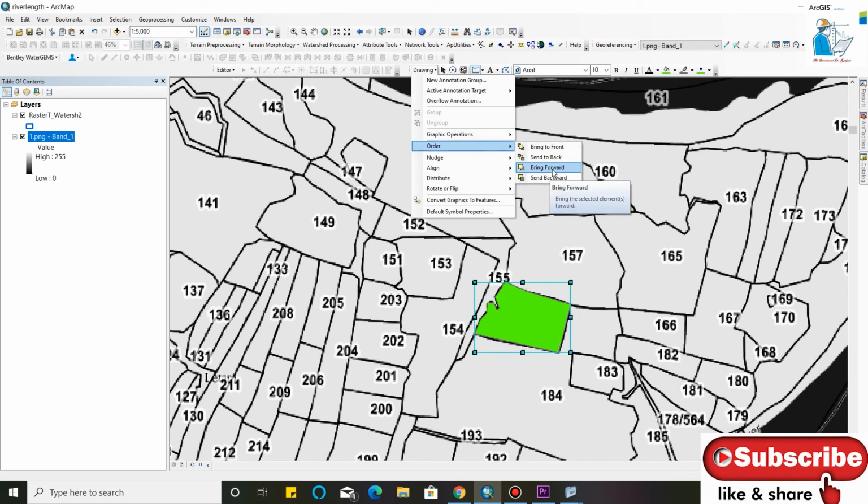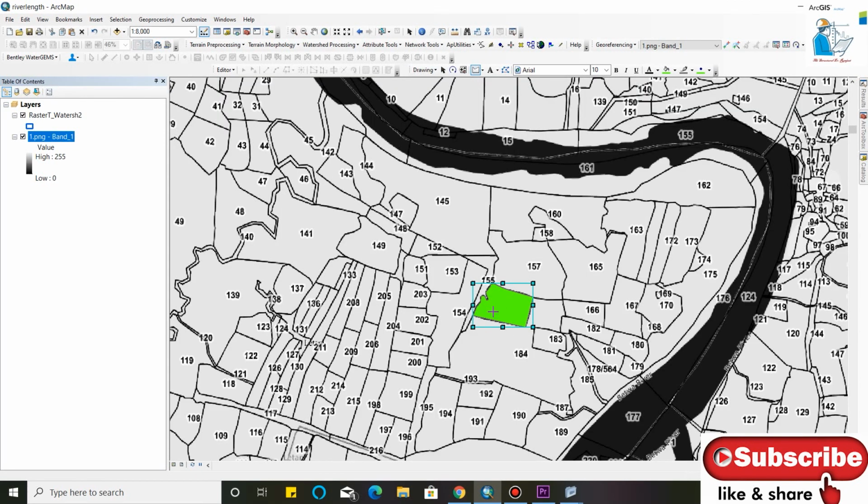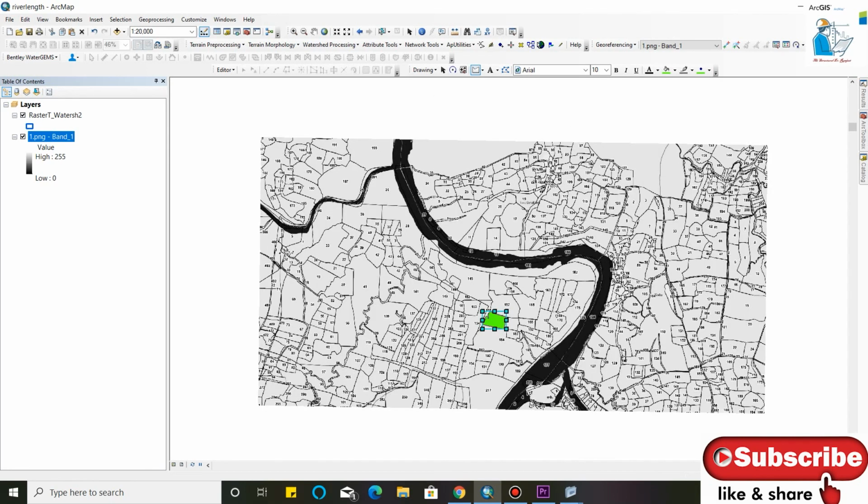If you have lots of drawings, then you can bring forward or bring backward. This is the only layer, that's why it is not going backward. By using this toolbar you can create your map very creatively,